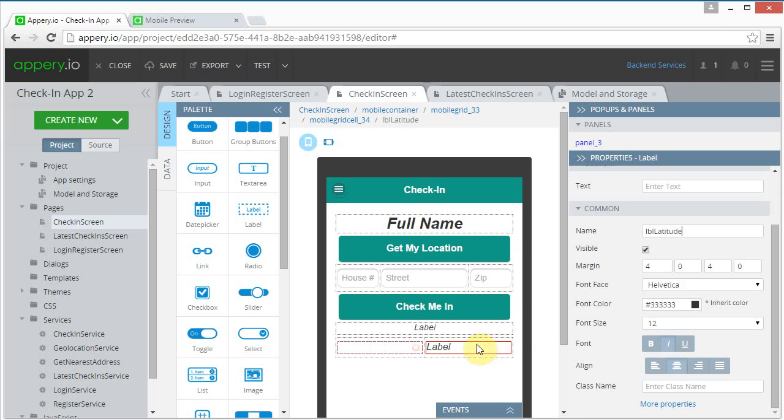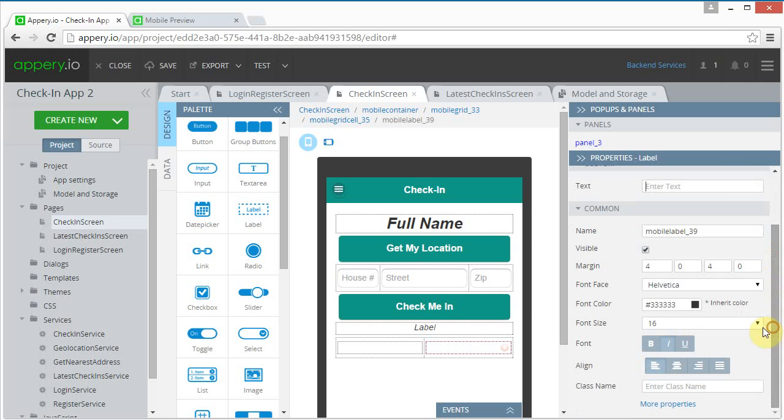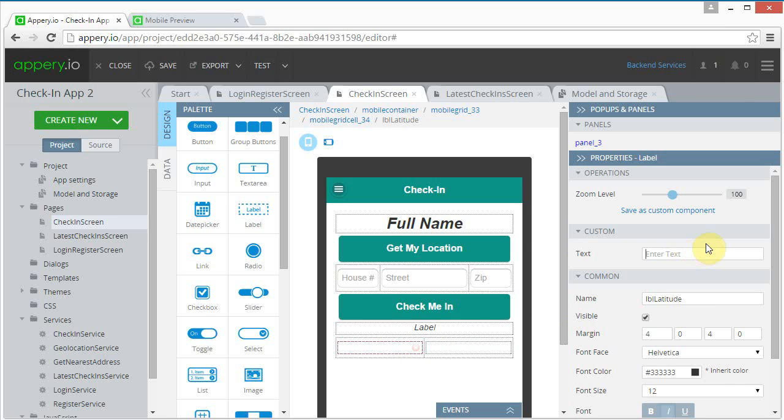And the right one is going to also be text removed, and I'm going to make it 12 and center it, and I'm going to name it LBL longitude. And let's see, I think I'll put some text here. Latitude, longitude,